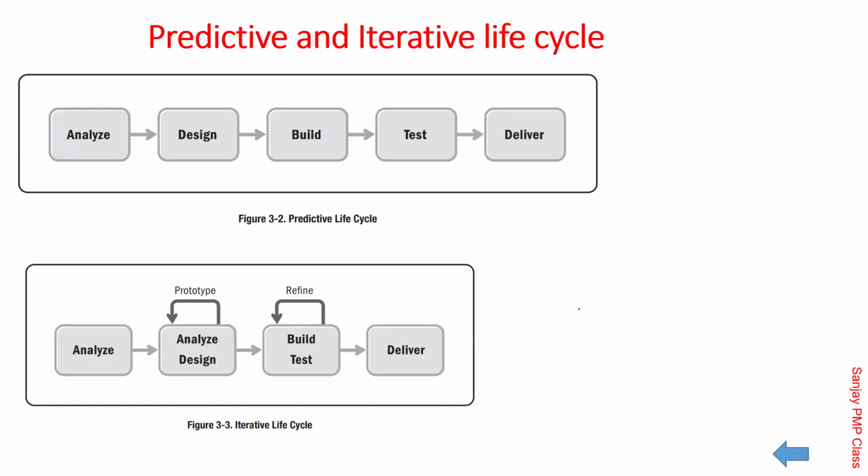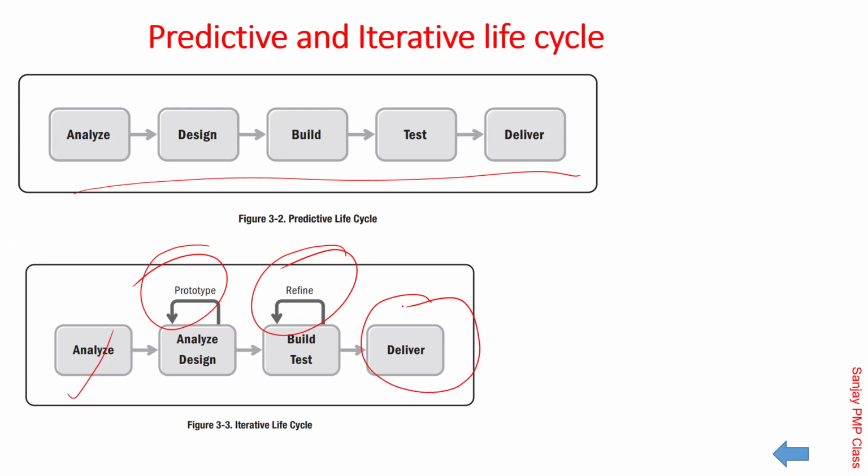Another very important thing is called prototype and refinement. This is the key of the iterative life cycle. They don't go very linear here. Once the initial requirements are captured, they keep on refining them through the prototype. Show it to the customer. Don't try to build the whole thing and then say, this is what I have built. Let the prototyping be there to freeze the design. Once the design is frozen, get into a cycle of building and testing hand in hand. Keep on refining the product while you build it and test it, and once it is done, finally, the delivery. That's the fundamental difference between predictive and iterative life cycles.